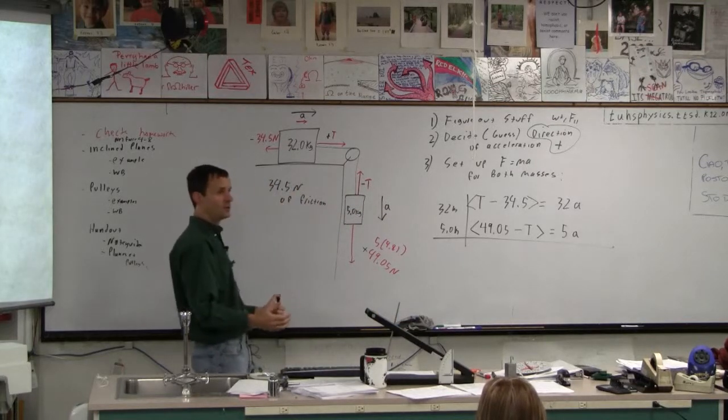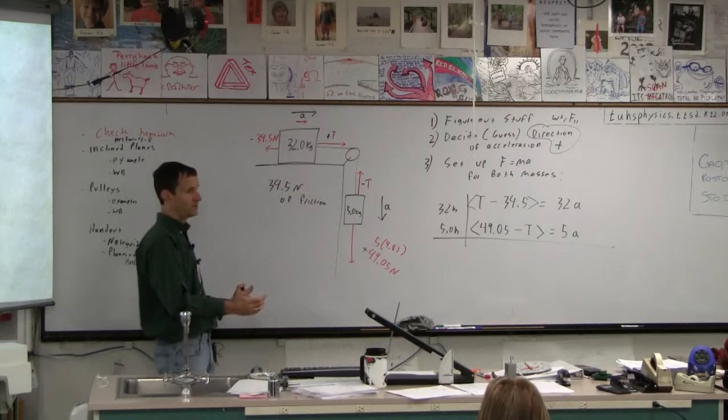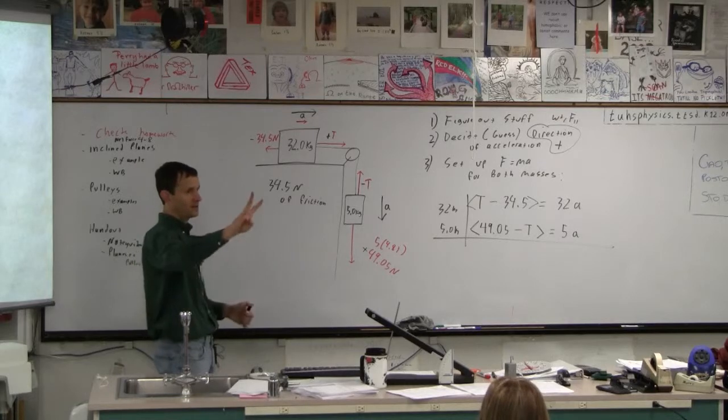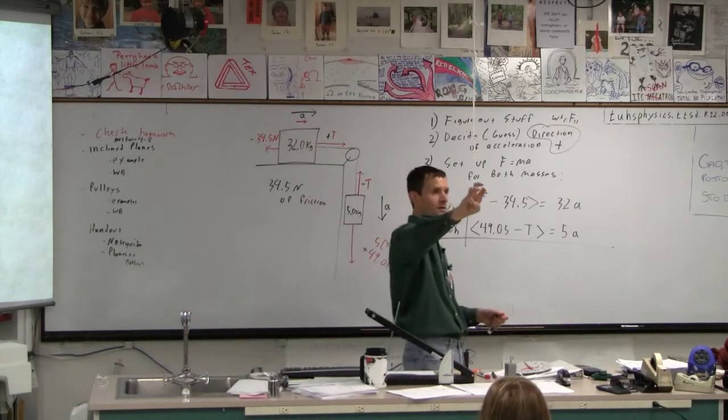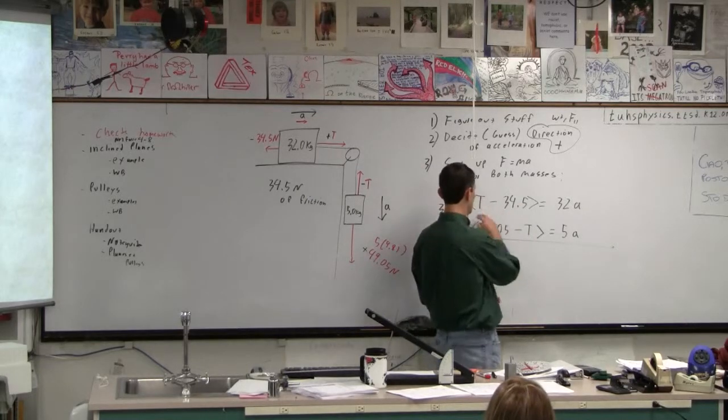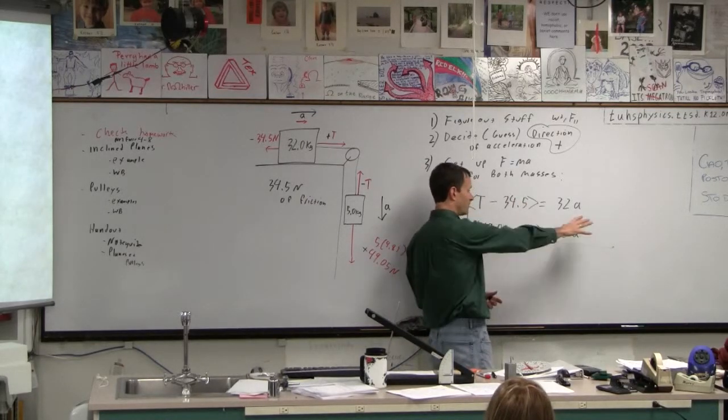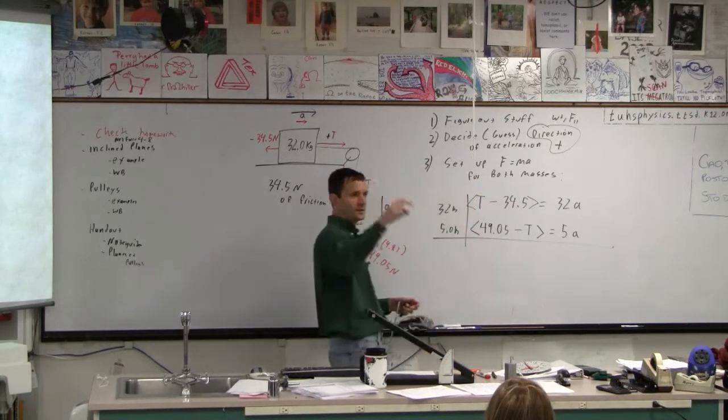So now we have two equations. We have two unknowns. There are three ways that I know to solve systems of equations. What are they? Substitution. We can solve this upper equation for t, plug it in for here. There we go. The second way is